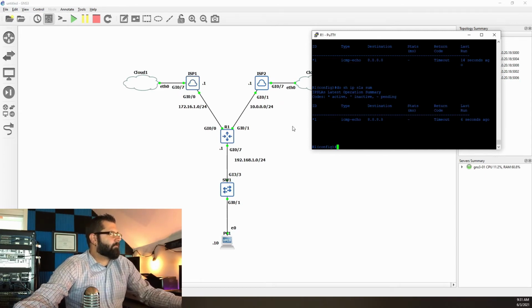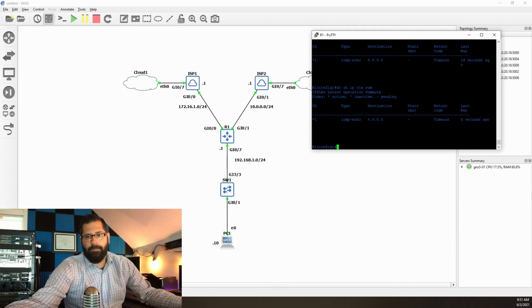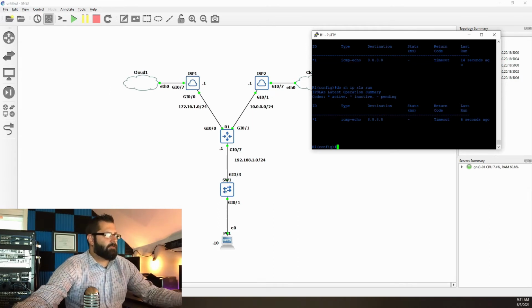The cleaner way to do it is to create a route map and then essentially assign it to the router as a local policy. So that way we say, hey, any traffic originating from the router itself, ICMP traffic destined to 8.8.8.8, send it out this way. So